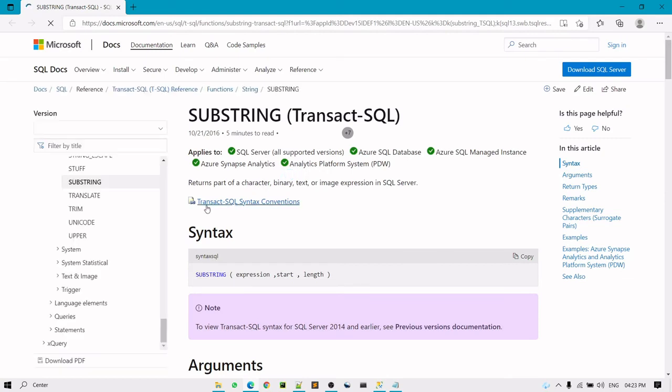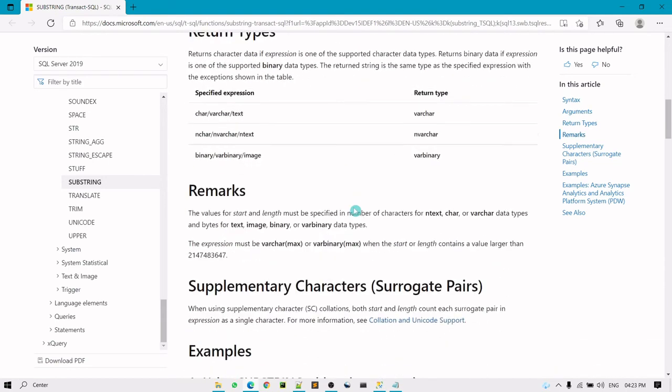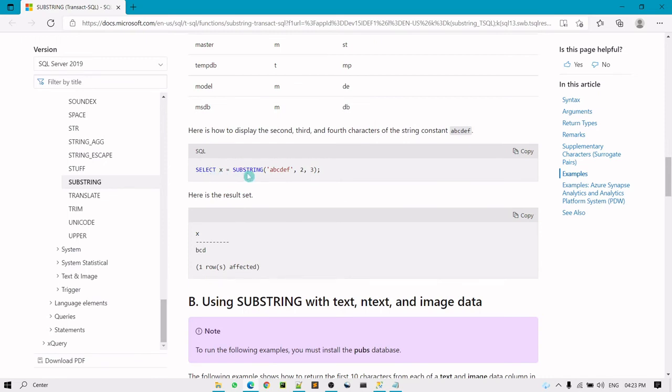With that it will open up the Microsoft official documentation page, and you can find what the functionality of the function is. If you scroll down you can also see some examples here, with this statement and the results.